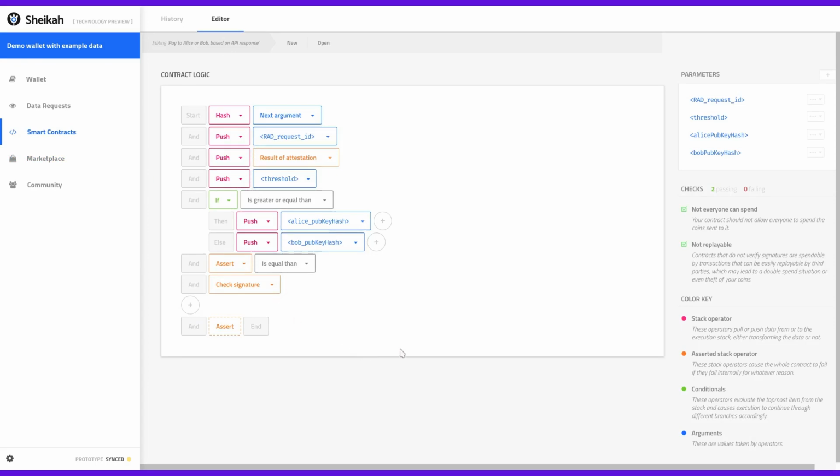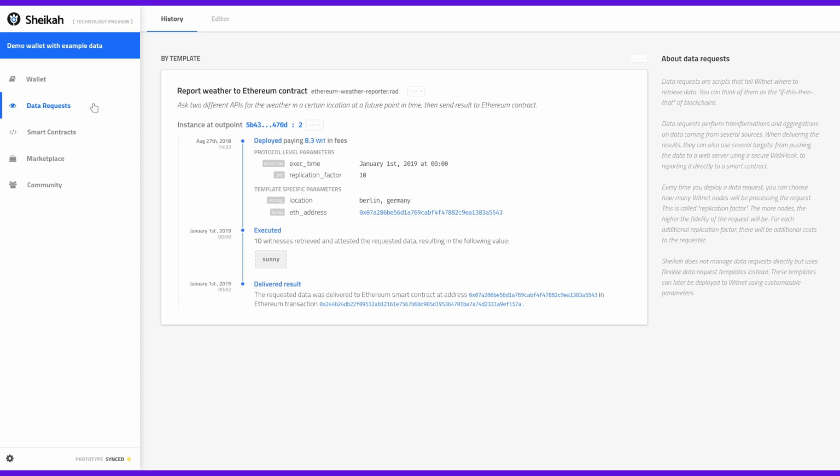In addition to this, you will see a GUI which enables the intuitive build-out of smart contract logic using a drag and drop interface. In Sheikah, you are also able to create data requests, which are asking the Witnet decentralized Oracle network for attestations to specific data points that you need for your smart contracts. We will have templates available to users who wish to create standard data requests that have been proven and used by other reputable Witnet users. When launching a data request, you ask the network for trustless verification of the data points you're interested in retrieving. This avoids feeding a smart contract data from a